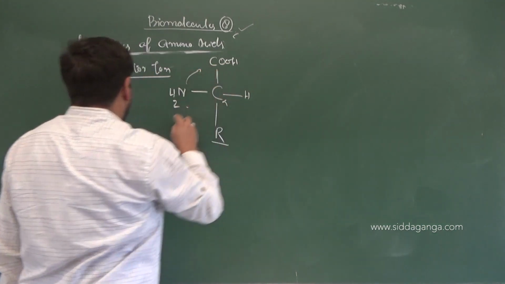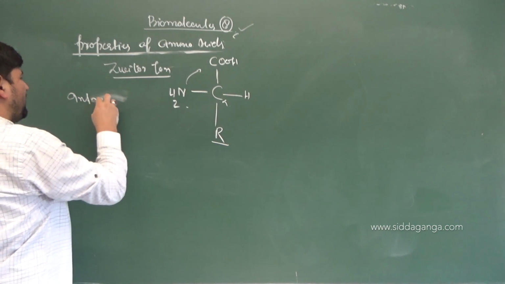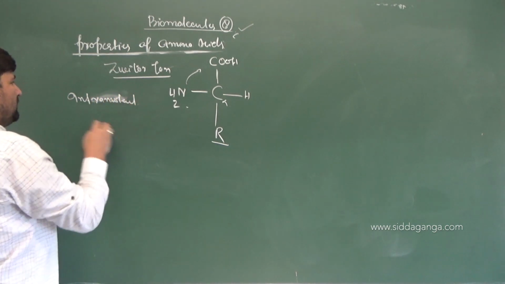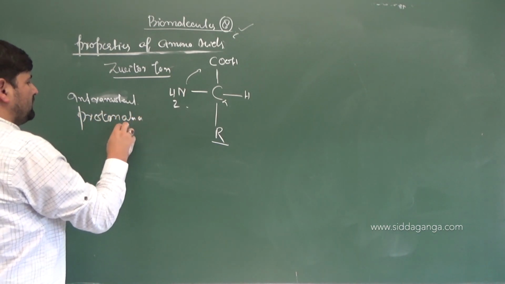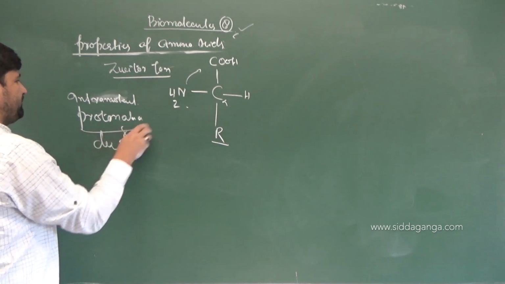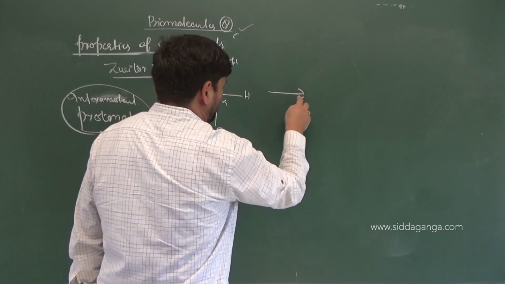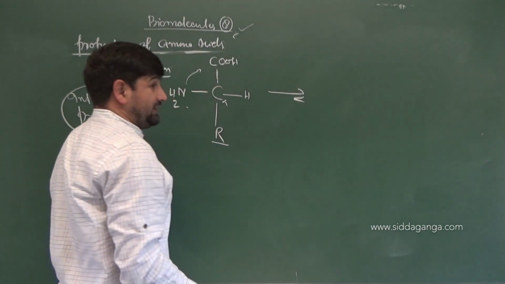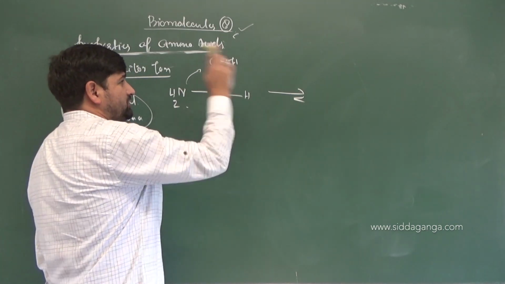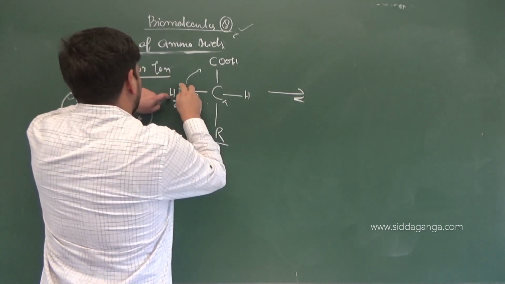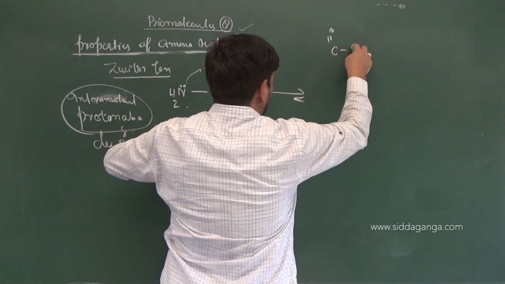So there is an intramolecular protonation and deprotonation process, and it will result in the formation of an equilibrium which is more towards that dipolar ion. That means in most of the cases, at maximum periods of time, this amino acid is found in the dipolar state. So what will happen is nitrogen having a lone pair of electrons, and in this case the carboxylic acid will generate it here, C double bond O, OH.